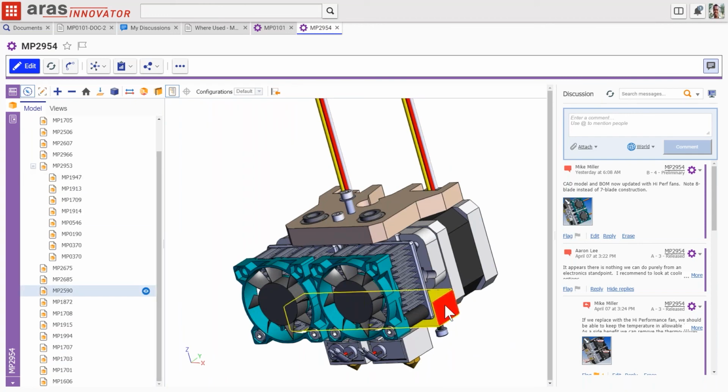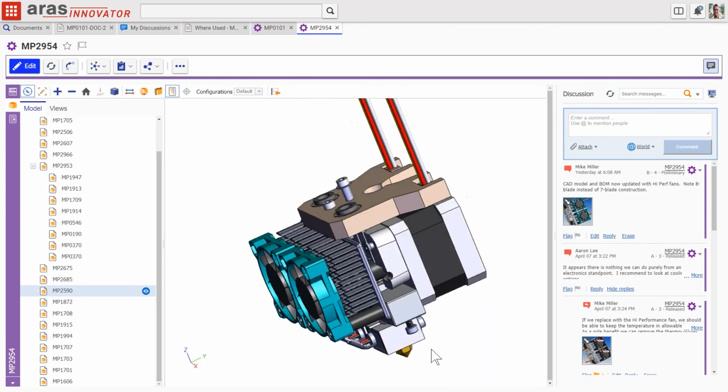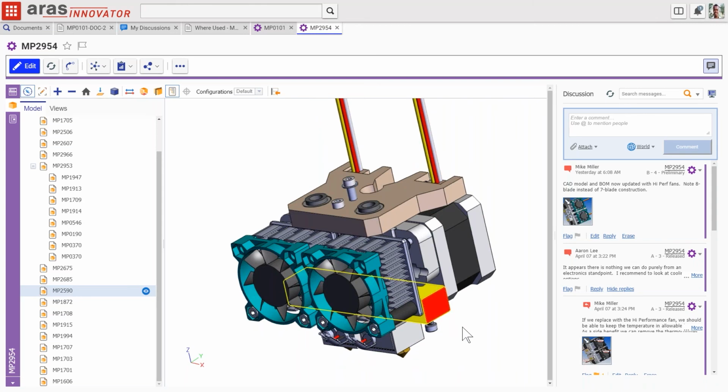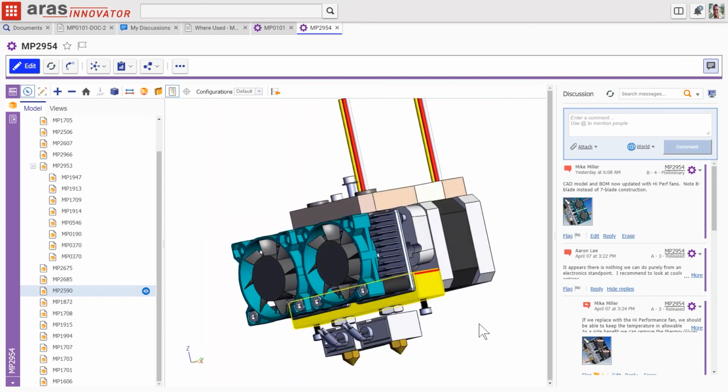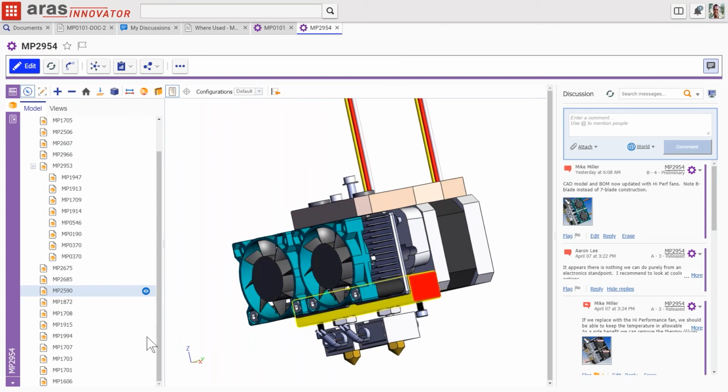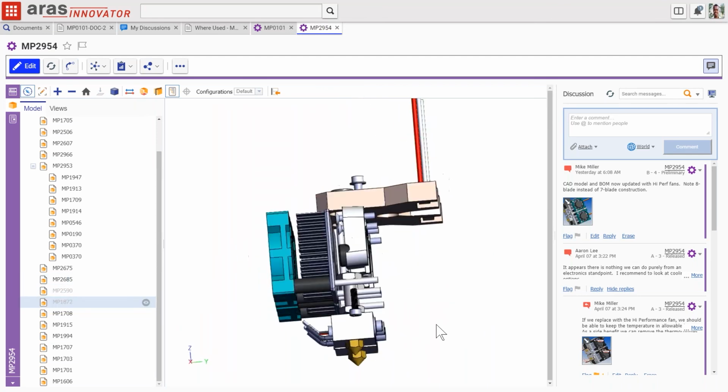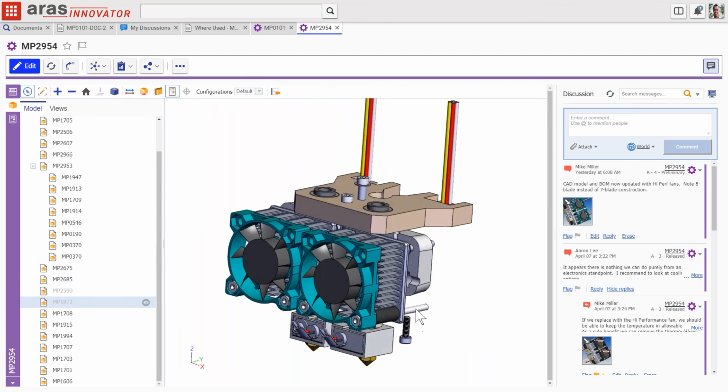And to set up the markup, you're doing that here inside of the CAD while everything's still live and moving around and interactive. So to get this set up, he's going to hide a few elements. Over here's the model tree with every different component in the part we're looking at right now. And we can turn those on and off. So he's got a good view of that bolt. He's going to take a look at it.